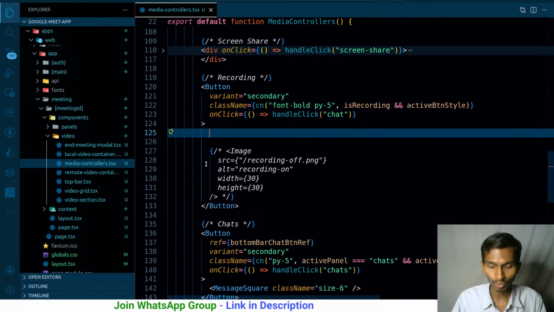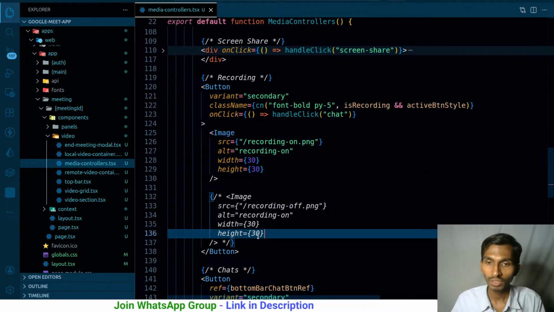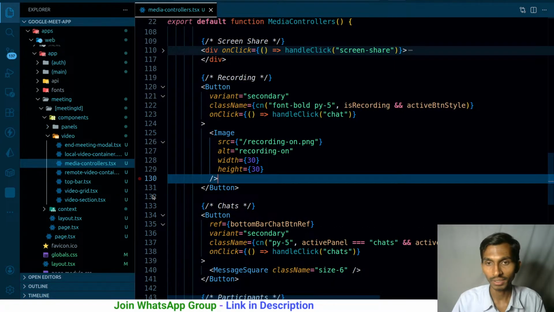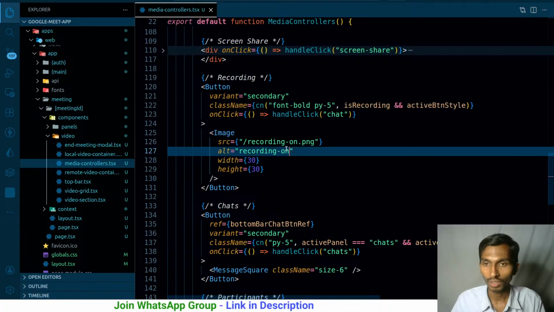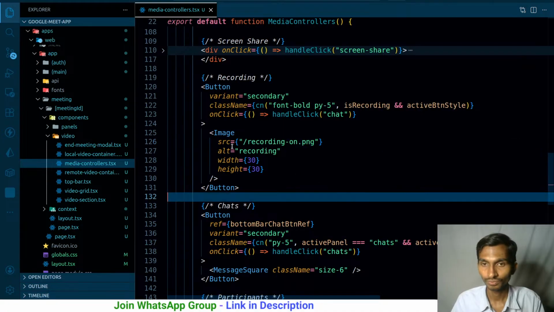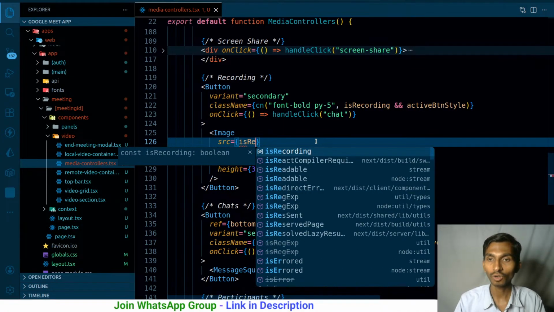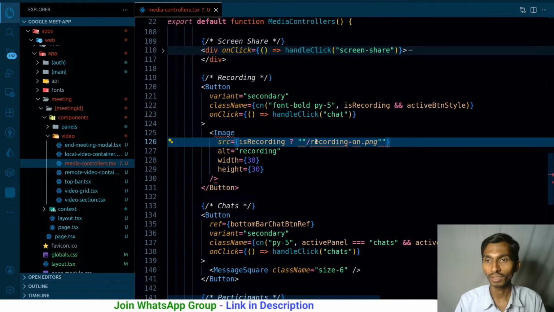If I'm recording, I have to show this. So let me delete this as well, because I will be just rendering it conditionally. Let me have recording over here, and what I'll say, just in here, not this particular section, if is recording is on, in that case fine, a recording on PNG.